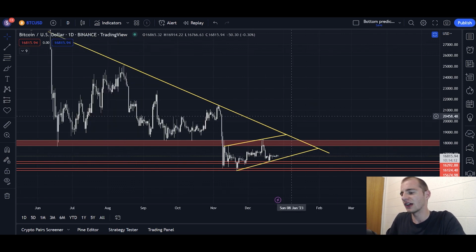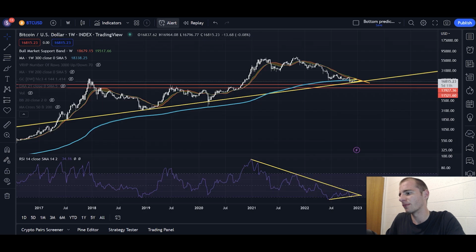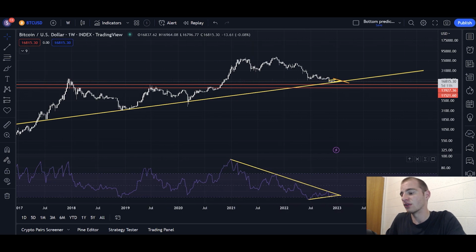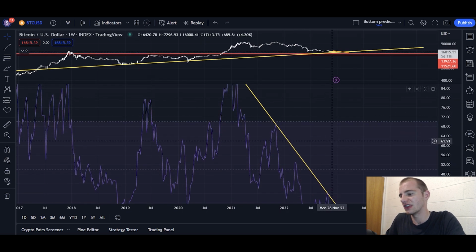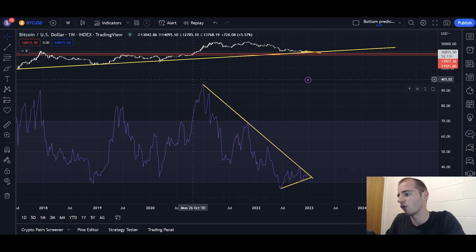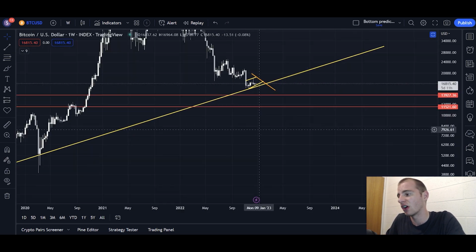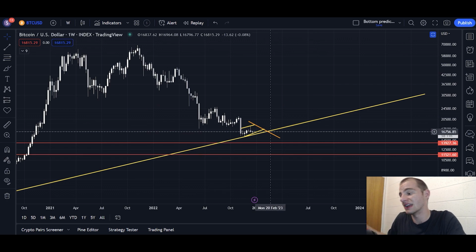And ultimately, we've discussed this in the past, but I'll discuss it one more time briefly just for the sake of this video. I am expecting a directional decision on Bitcoin before January the 9th. And the reason I'm expecting that is because we see the RSI on the weekly chart forming this triangle formation. That formation is coming to an apex around the 9th of January, meaning we'll be seeing a breakout to the upside or downside on the RSI on the 9th of January,